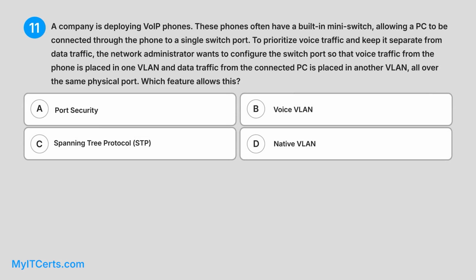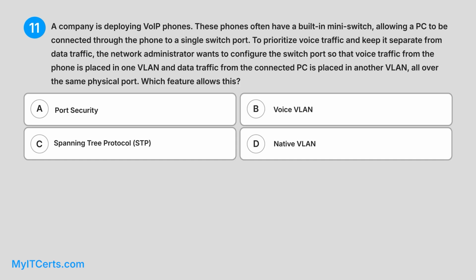11. A company is deploying VoIP phones. These phones often have a built-in mini-switch, allowing a PC to be connected through the phone to a single switch port. To prioritize voice traffic and keep it separate from data traffic, the network administrator wants to configure the switch